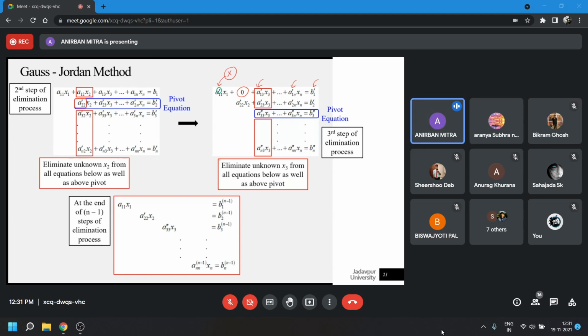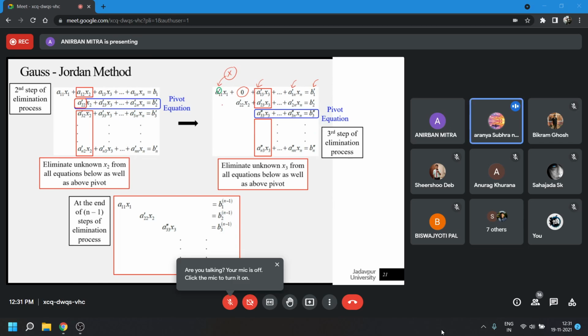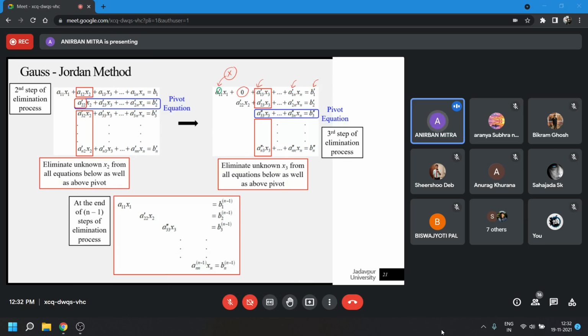There is nothing below it. All of it has been removed in the first elimination step itself. So how is it going to be modified? It is not going to be modified for the first one. Obviously, this will be modified because these terms are present at the moment. So these things will get modified, but there is nothing below it. So A11 dashed, you can just keep it as A11. This A11 dashed would not get modified at all. So that's why this dash has been removed from here.